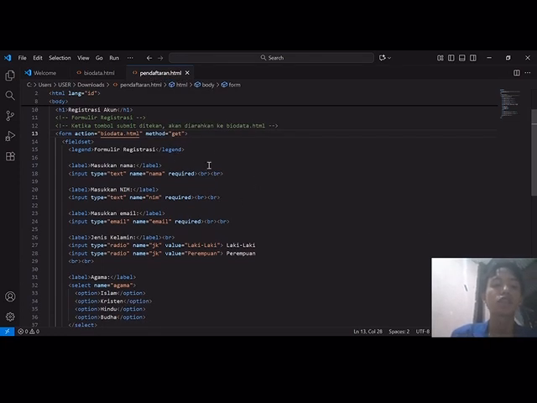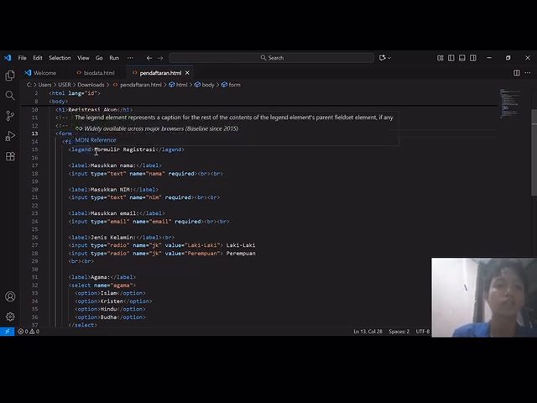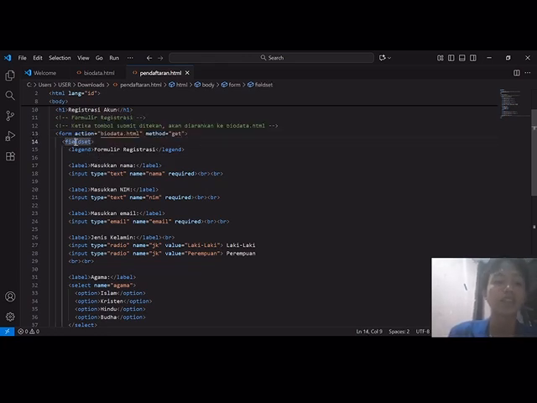The form contains a fieldset and legend text, which are used to group and title the form for better structure. Each data entry is accompanied by a label element for explanation, as well as input with various types, such as text for name and student ID number, and email for email address. The required attribute is added to ensure that the user must complete the data before proceeding.